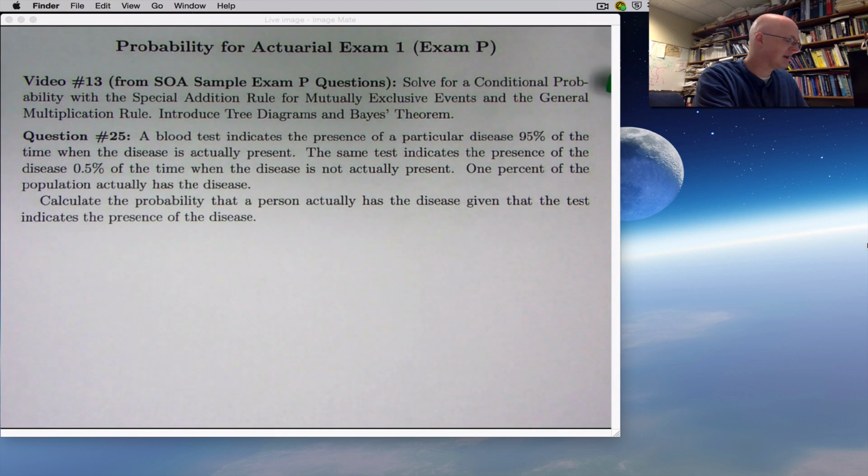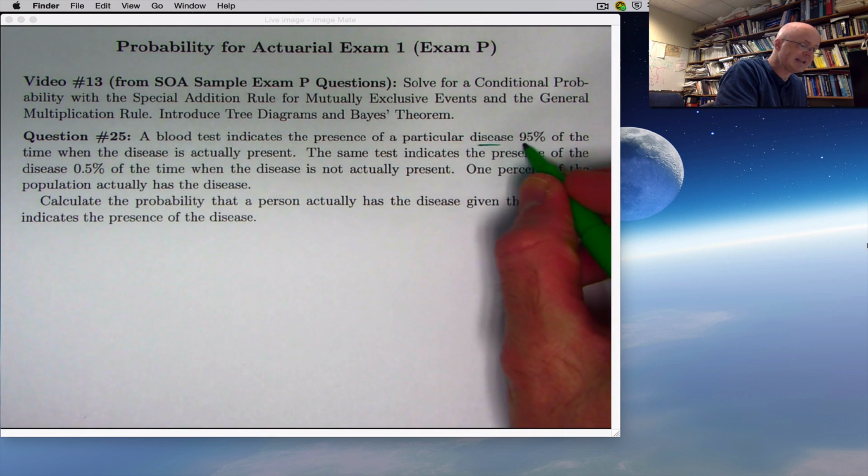We're going to be solving for a conditional probability with something called the special addition rule for mutually exclusive events, and the general multiplication rule. I've talked about these rules in previous videos. In this video, I'm going to also introduce tree diagrams and something called Bayes' theorem. I think I'll do Bayes' theorem first and do tree diagrams at the end. However, in future videos, it turns out that the tree diagrams are usually the quickest way to solve a problem involving Bayes' theorem. So question number 25 says, a blood test indicates the presence of a particular disease 95% of